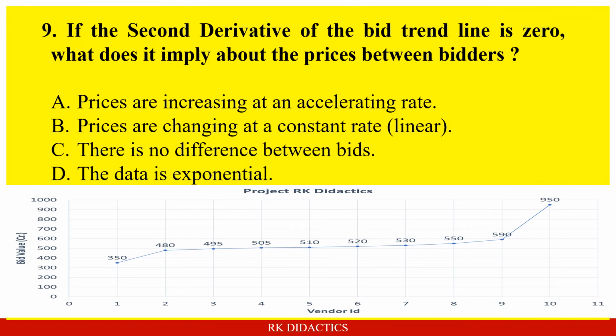Second derivative of the bid trend line is zero. What does it imply about the prices between bidders? Prices are increasing at an accelerating rate. Prices are changing at a constant rate. There is no difference between bids. The data is exponential. Answer is,